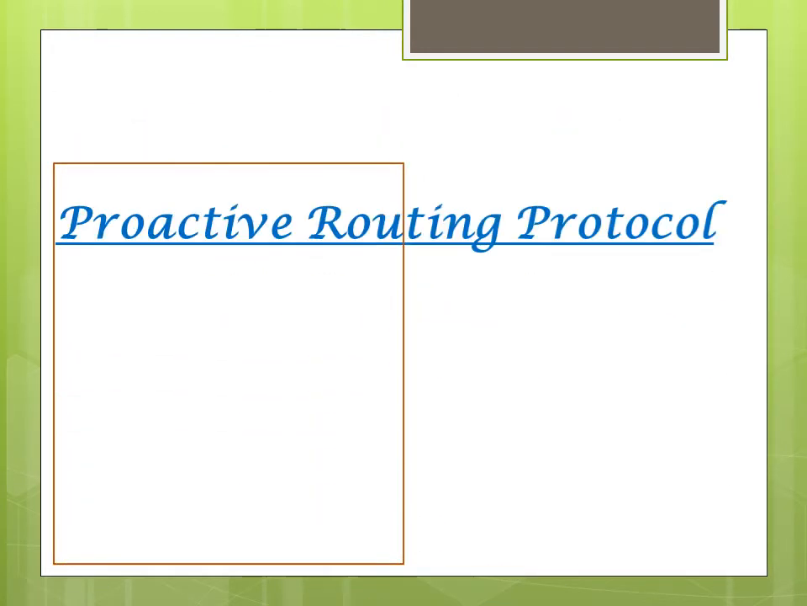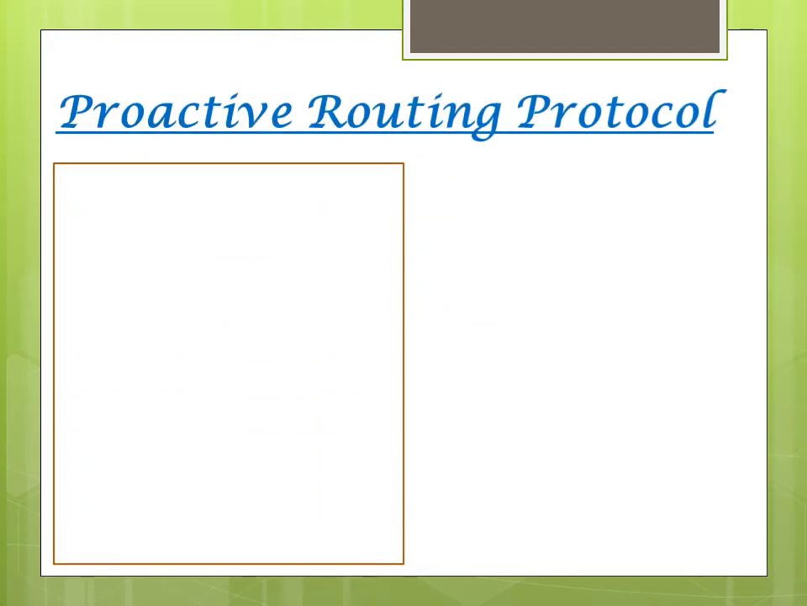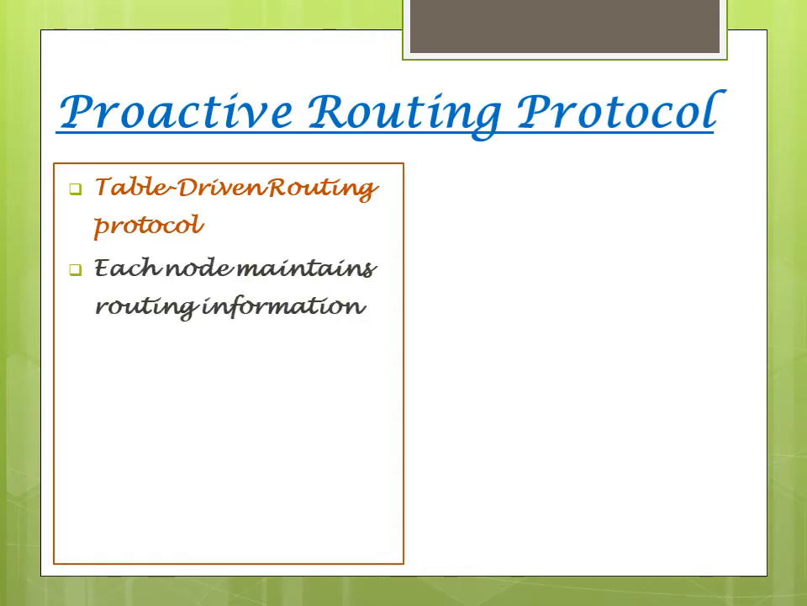Here is the first routing protocol, that is proactive routing protocol. As the name suggests, proactive, it is active before connecting to the other nodes. Proactive routing protocol is also known as table driven protocols. It is known as table driven because it maintains a routing table which is used to store the information about the routing, and it also records the changes in the network topology to maintain a consistent network connection between the